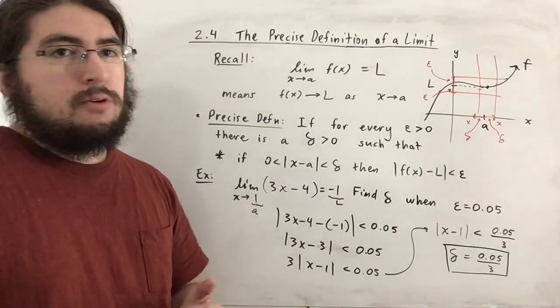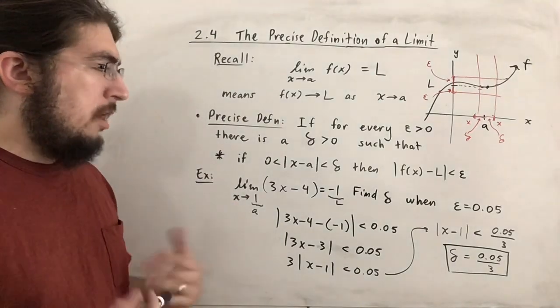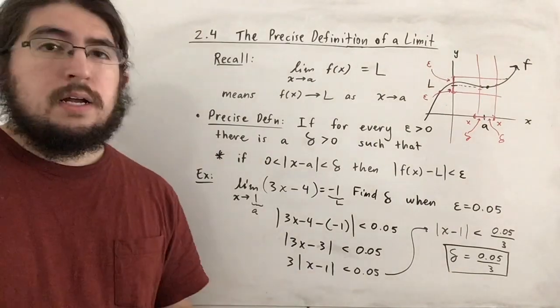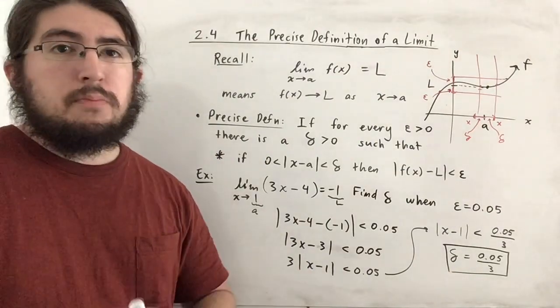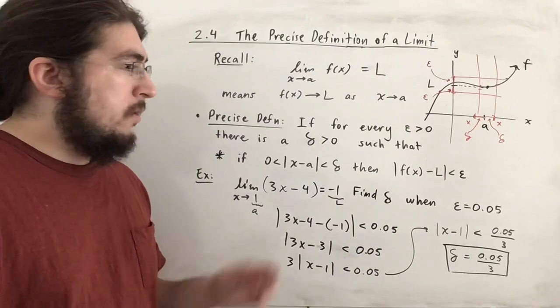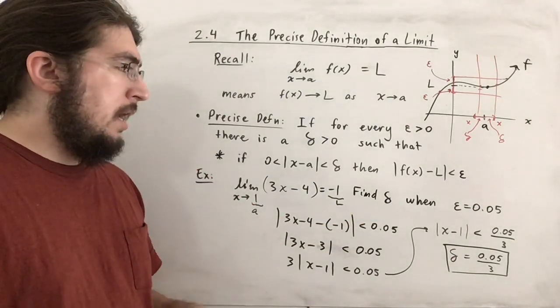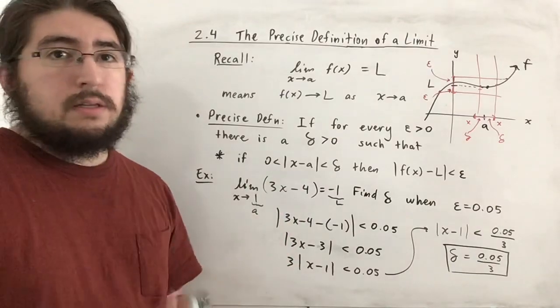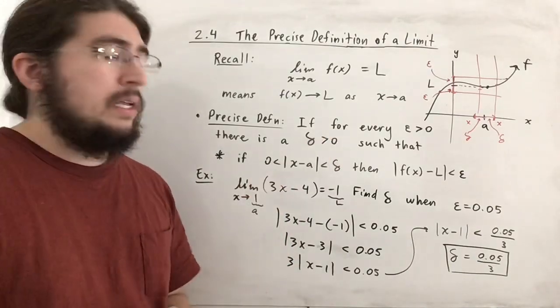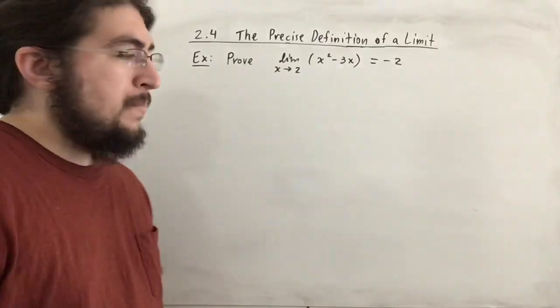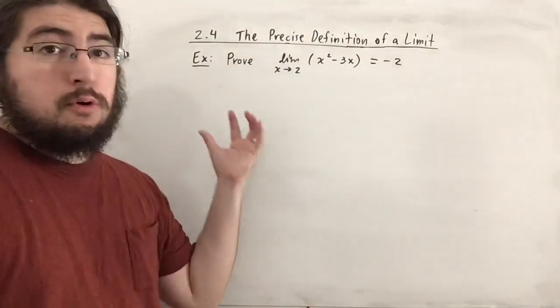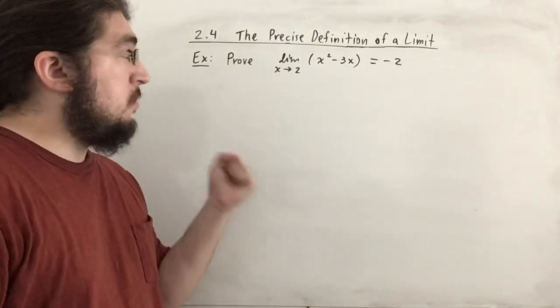Perfect. Now I'm taking a little long here, so I'm going to transition into those more difficult problems that I was talking about earlier, where we're not actually going to be using these numbers. I'm just going to be using epsilon and delta as is, those Greek letters themselves, and then we'll move on from there. All right, so here we're asked to prove, using that precise definition we just saw, that